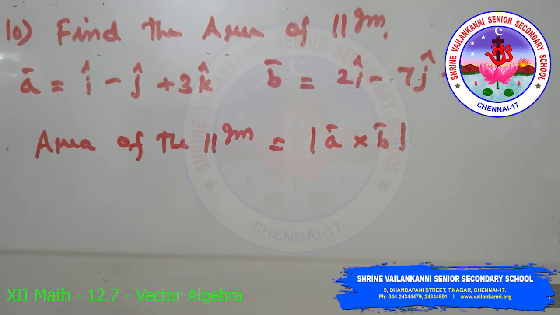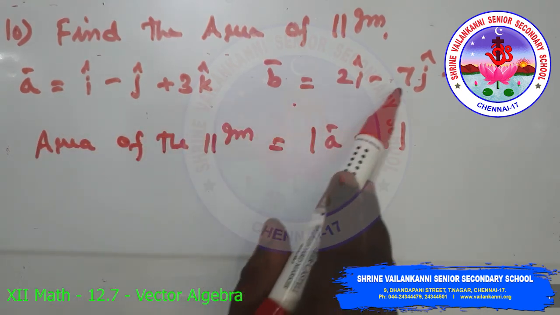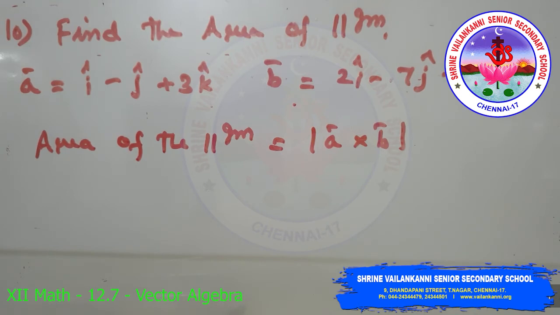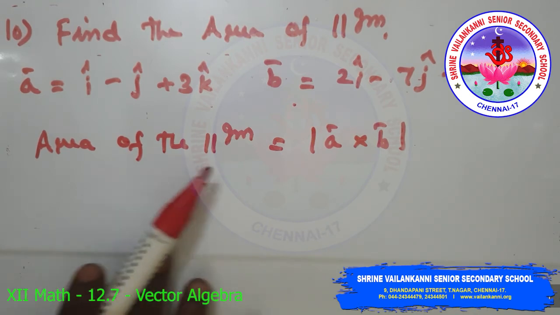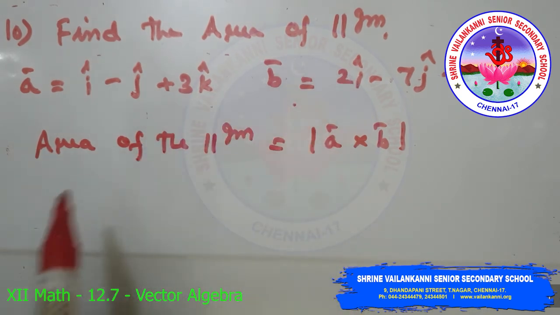Tenth question. Find the area of the parallelogram whose adjacent sides are determined by the vectors a = i - j + 3k and b = 2i - 7j + k. Here the adjacent sides of a parallelogram are given. So the area of the parallelogram is |a cross b|. Now we have to find a cross b,